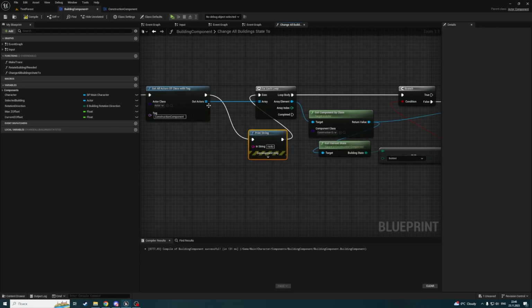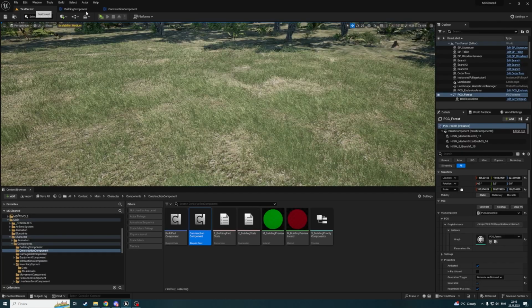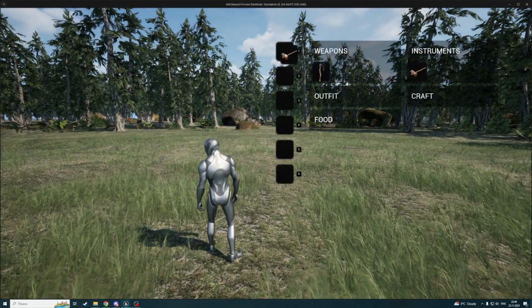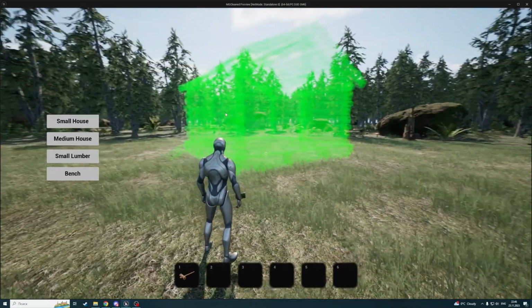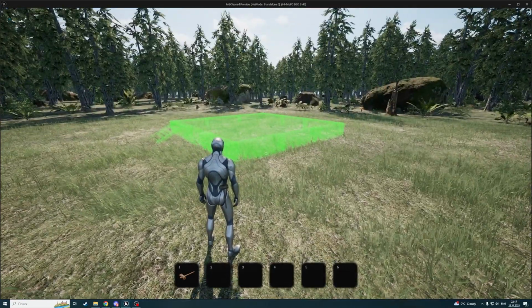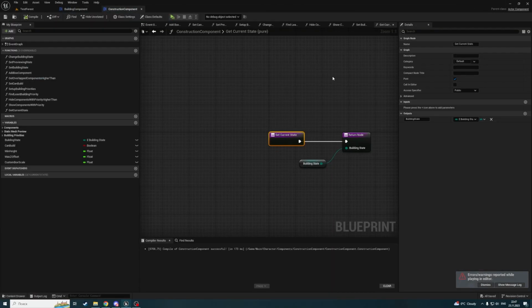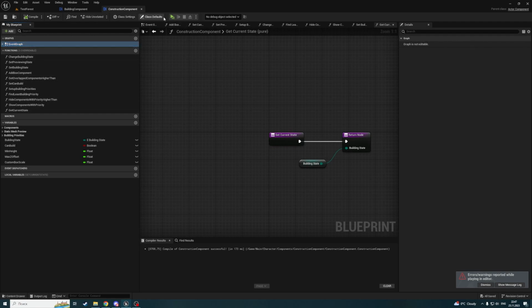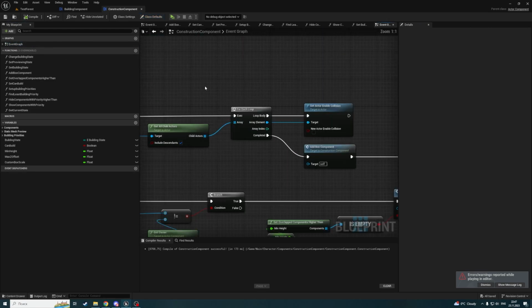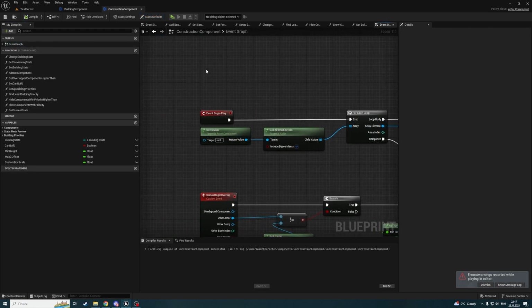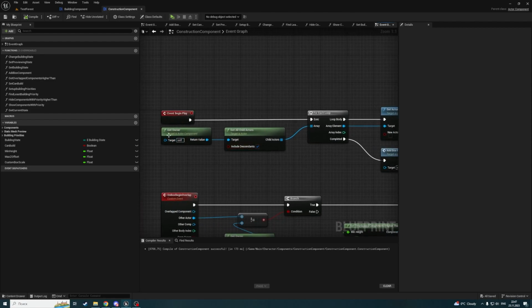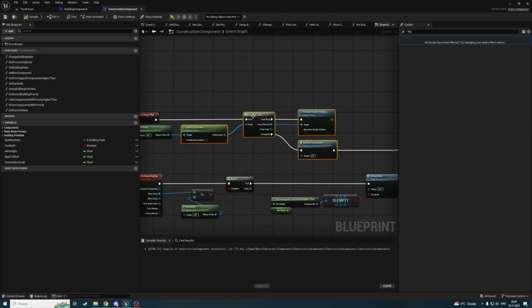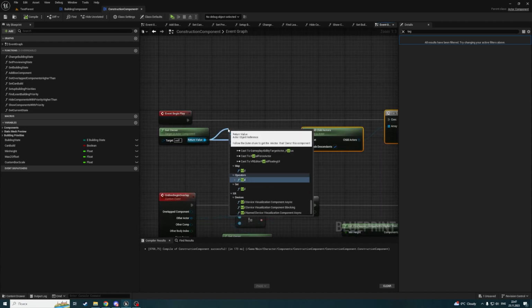Let's print it out. Length. Place a house, hide the hammer. 0, right. So adding a tag to a component doesn't do anything. Maybe we can add a tag programmatically in blueprint. I mean, so on begin play, we're getting an owner, and let's add a tag to it. I think it's possible. Add tag,